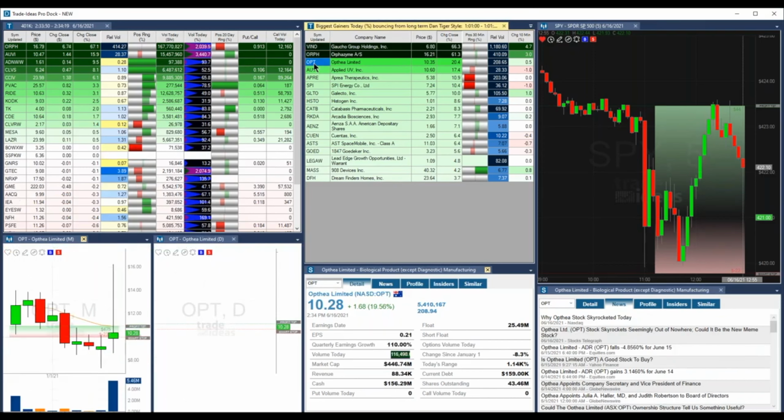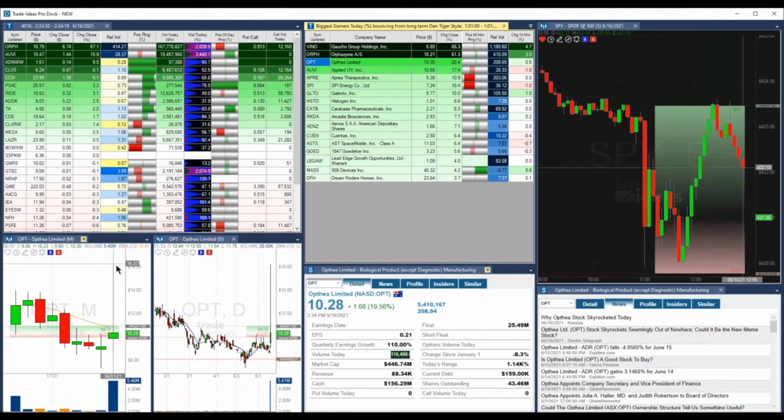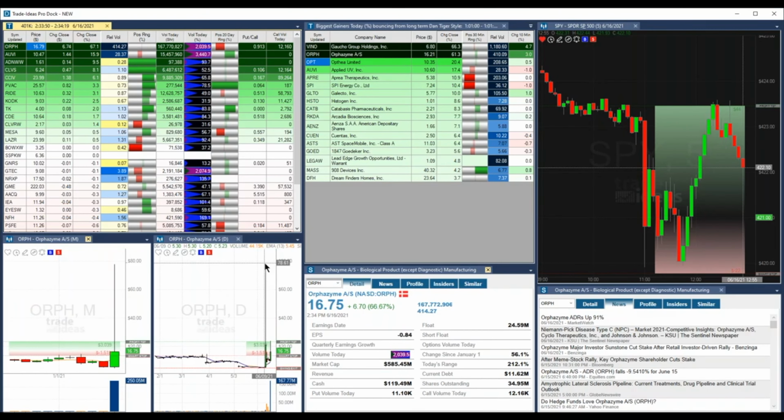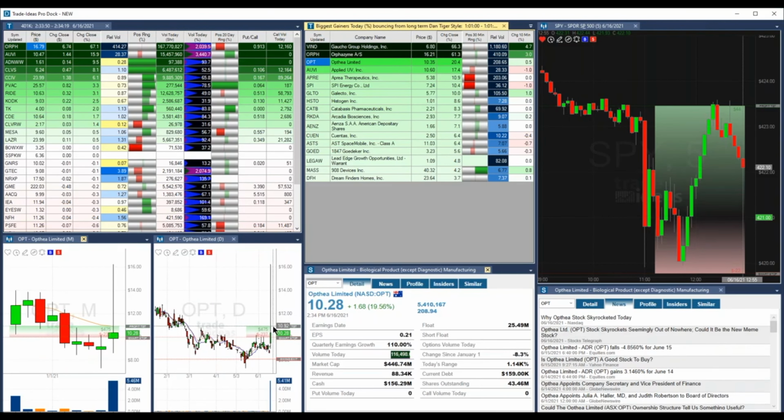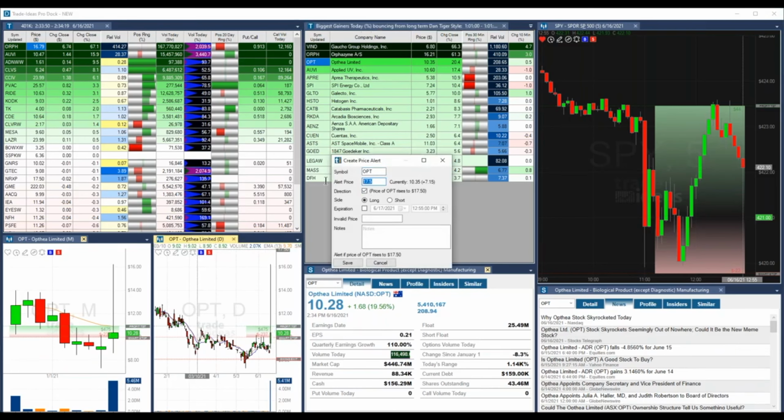OPT. Once again, big move. We're talking about a monthly chart. It comes back, big move. Here it is. I like this, top of the range. This reminds me of that ORPH. See, a big wick, meaning something's going there. So OPT, I like this one too, and I'm going to set a little alarm for myself at